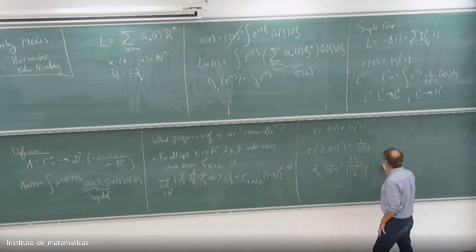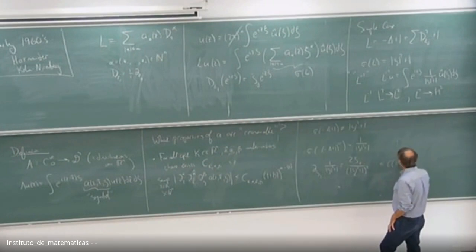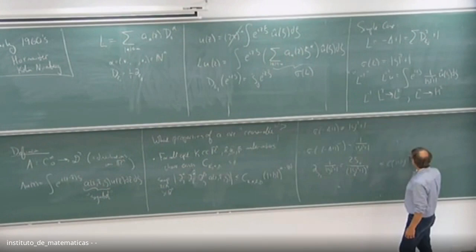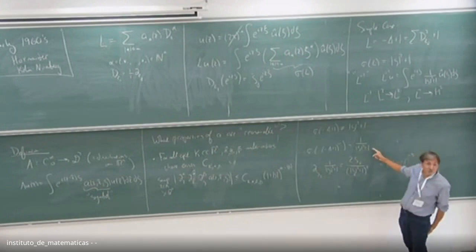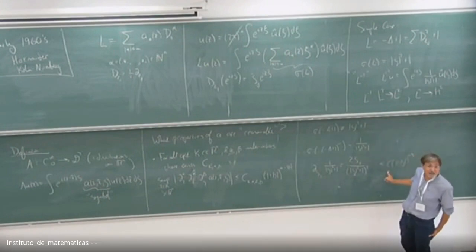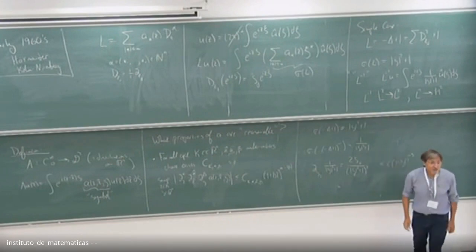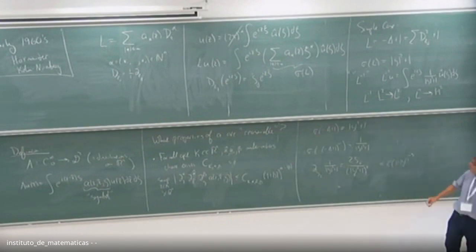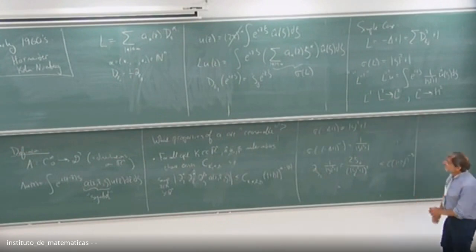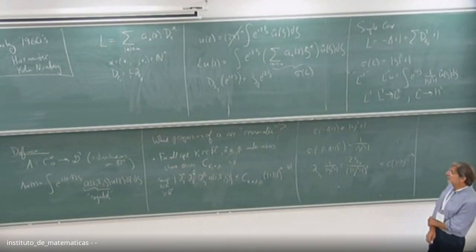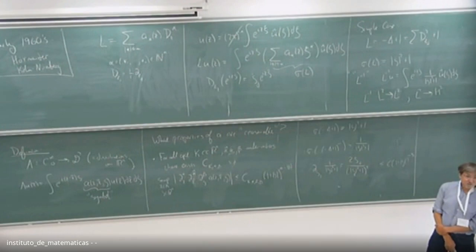And this is bounded by a constant times 1 plus mod zeta squared to the power minus 3, since minus 4 plus 1 is minus 3. The original decays at order minus 2, and when I differentiate once, it decays like order minus 3. And I continue. This is a basic property, just the quotient form. So these things generalize polynomials and their inverses when they exist. This is the reason for this definition.